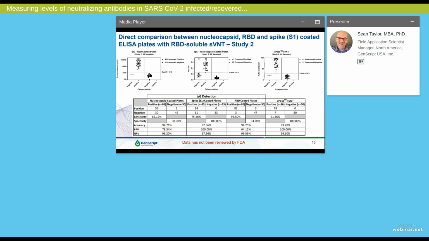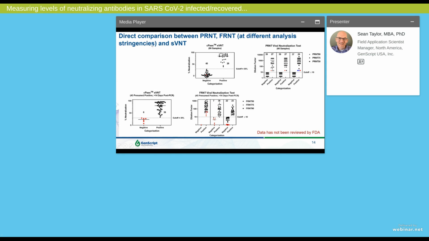But now let's move to looking how Cpass compares with traditional neutralization tests. So here we compared Cpass to live cell neutralization tests that use live virus. So these would be like the gold standard tests. So using Cpass for the 66 samples we tested, we delineated 40 as being negative and 26 samples as being